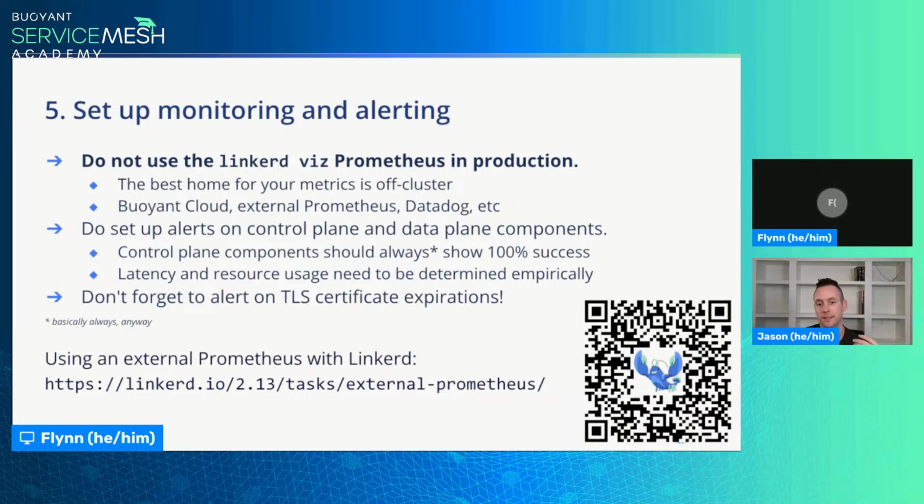What he's saying basically is that if you're using Linkerd in production, you need to have a persistent store for the metrics data that comes out of Linkerd. When you install Linkerd Viz, it uses an in-memory Prometheus, which is only good for a certain amount of time. On top of that, when you choose to use Linkerd in production, you're relying on it to be in the critical path for your production applications.